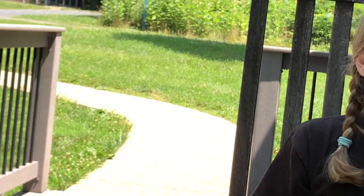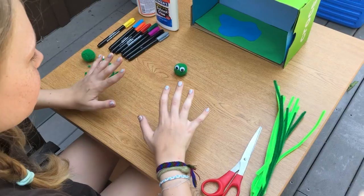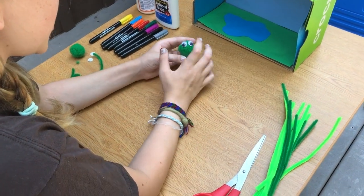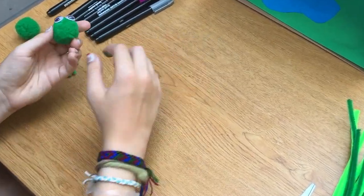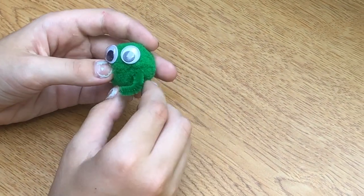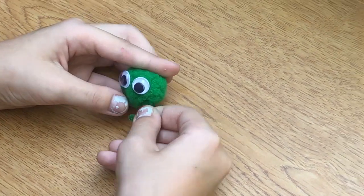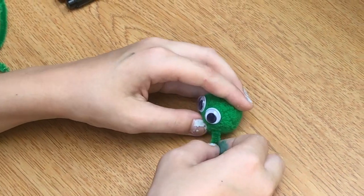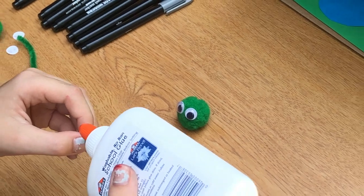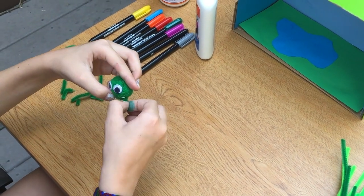And I am going to move the camera over here so that you guys can see everything a little better. All right, so I have my little pom-pom frog and I put the googly eyes on it. And now we have to make the arms, which is a pretty tricky part. So what I'm gonna do is just wiggle this pipe cleaner in to where I want it, just to kind of get the idea of where I want the arm to be. Now I'm gonna put a little dot on the very tip of the pipe cleaner and nudge that in to where I had it before,